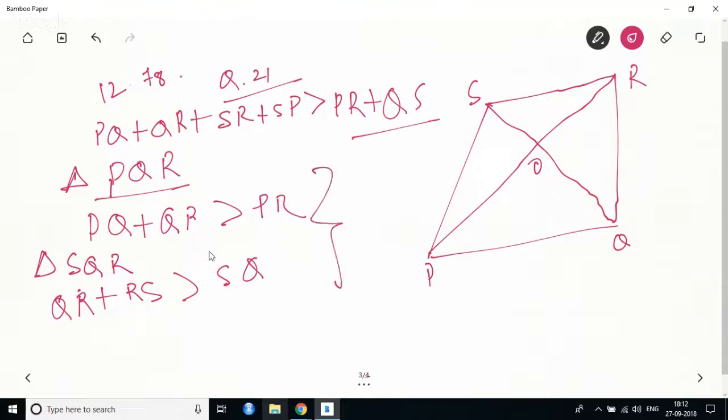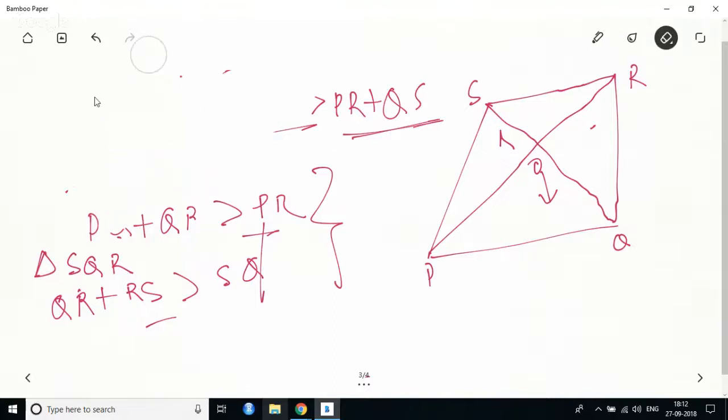So I'm not moving this. There are four triangles. One triangle would be this, one triangle would be this on this side, and then on this side. So four triangles would be created due to 2. You just keep on doing this, add all four of them. This would be 2 times this, 2 times this. 2 will get cancelled from here. The next thing that I have to prove here is,